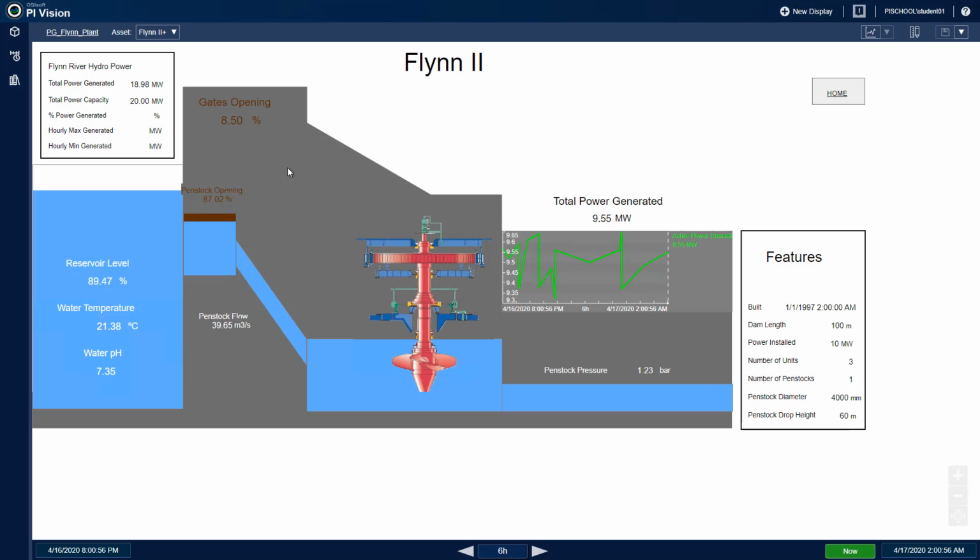We can also see in the Flynn River Hydro power section of the display, there is some missing data. So this was the data sets that existed in PiProcessBook. So we will take a look at how we can replace that data in a later exercise. Just keep in mind that information is missing.